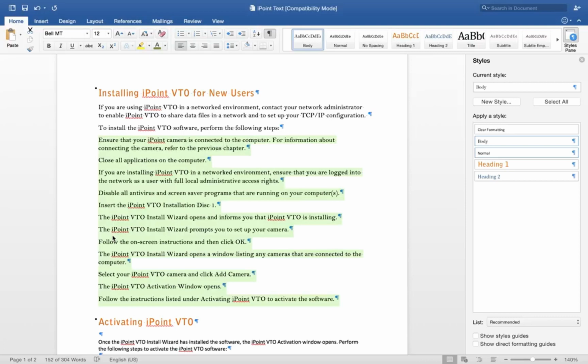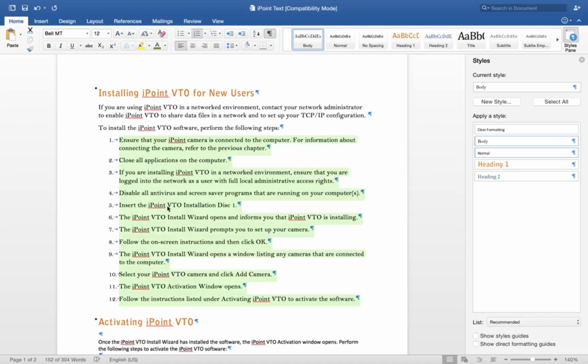Well, traditionally, we're used to coming up here to the toolbar and clicking numbering. And that works, but it doesn't give us the orange numbers that sort of match our headings here. So we're going to have to actually create a new style with this text selected.